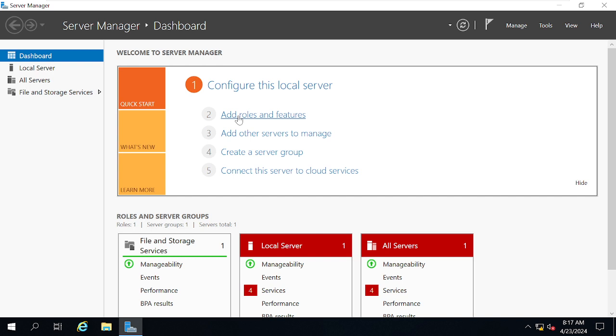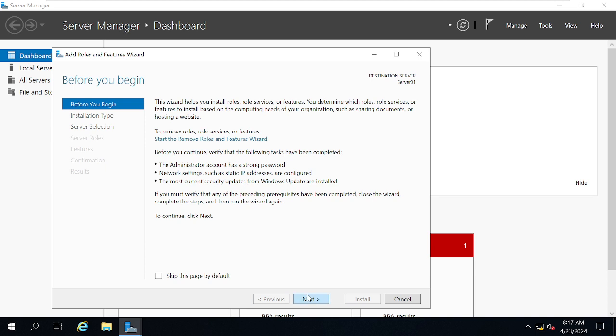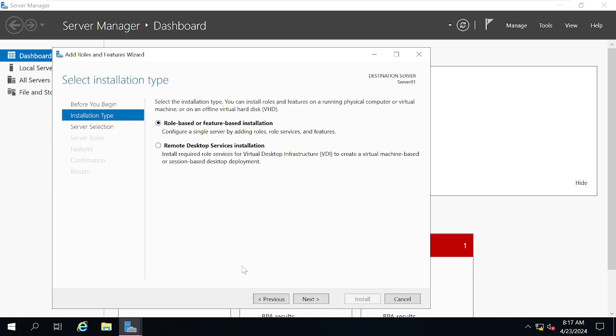All the services that you want to install, no matter whatever services, Windows services, whether it is Active Directory, DNS, DHCP, file server, print server, VPN services, DFS services, or certificate services, any Microsoft service that you think of, everything will be installed in this wizard only. I'll show you now. There are two types: one is roles, another one is features. If I click on add roles and features and continue with the wizard,